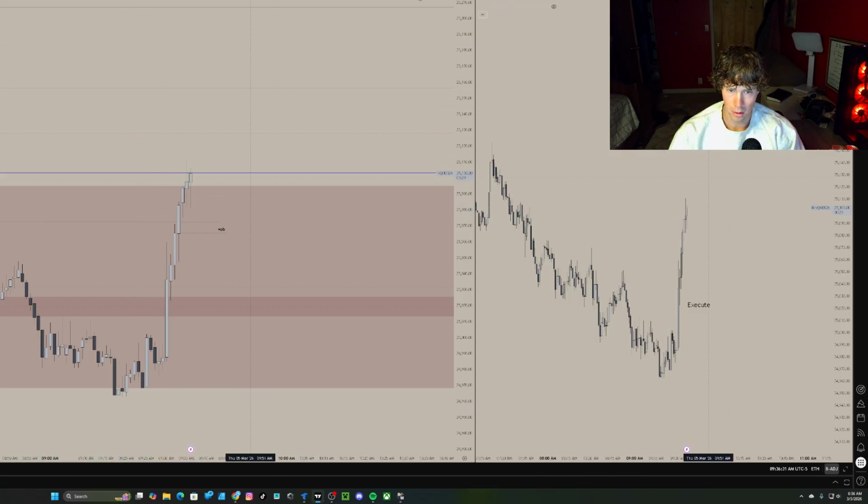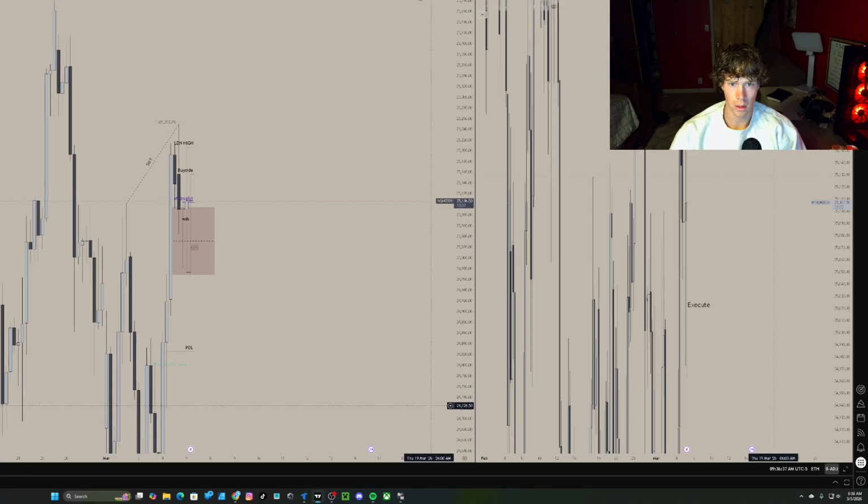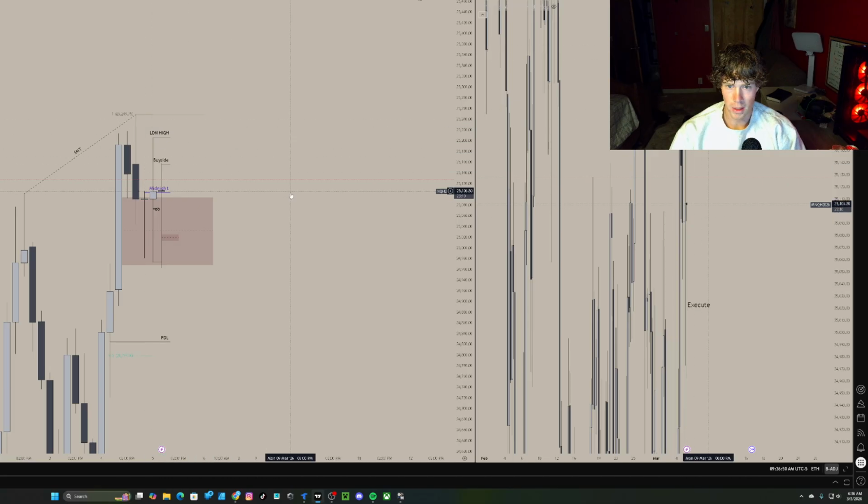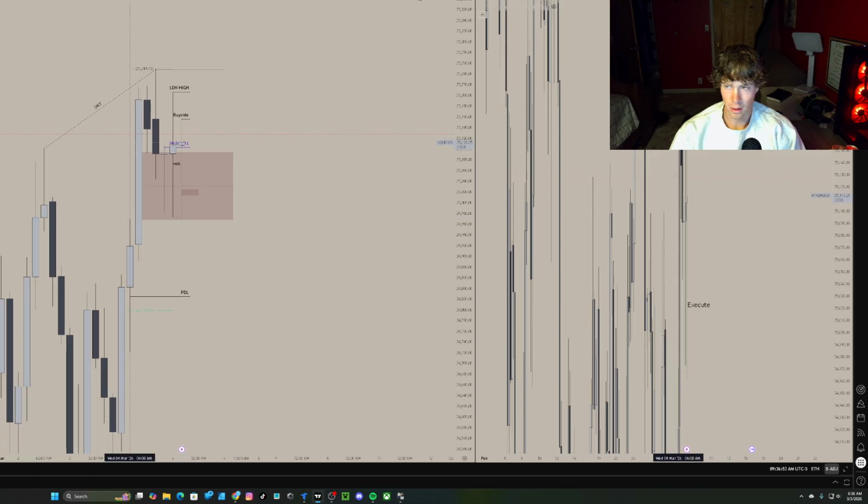No longer of SMT here. Reevaluating this, I could totally also see us going higher, just because this high has been left intact up top here. And then these are not protected highs, whereas this is a protected high. So